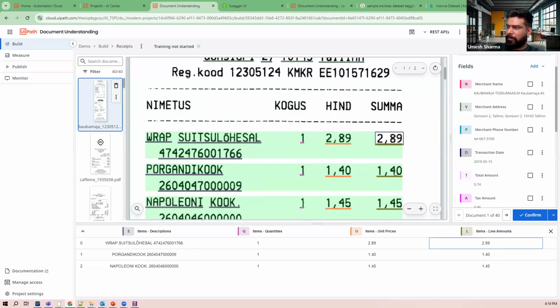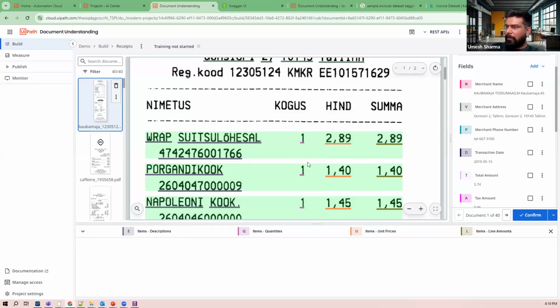You can change it. So it's just similar to how we were following it in the document manager. It's just similar to that, right? You can change any annotations that are already done. You can also create a new field if needed. You can add any new line level details as well. But for the sake of this demo, we'll just simply go ahead and confirm and next for all the